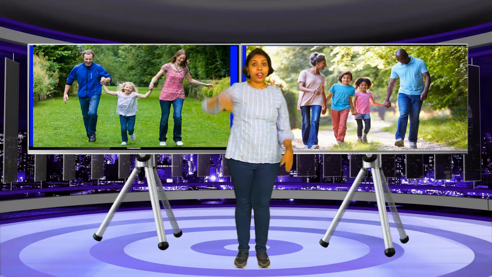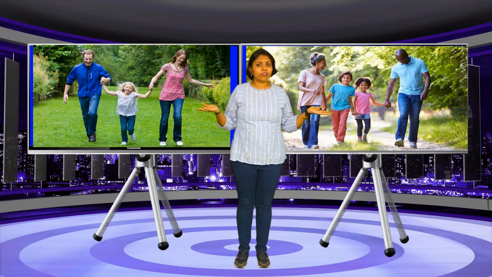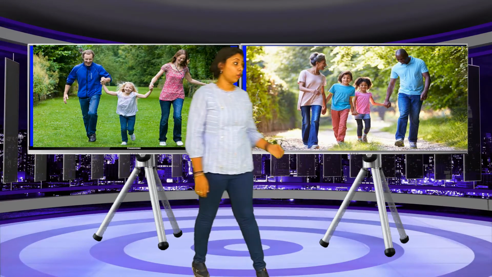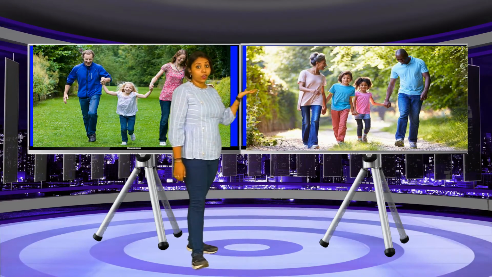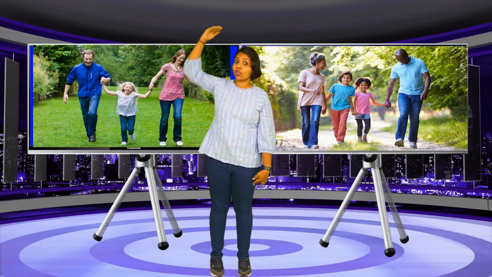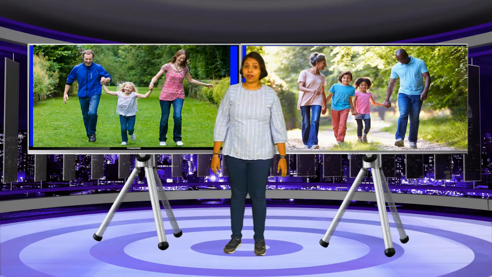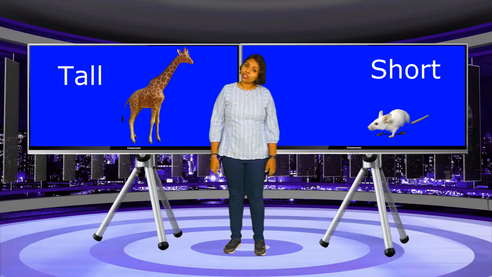Yes, tall and short. You must have seen while clicking a photograph or while walking, you are too small, है ना? आप सब बहुत छोटे लगते हो, and your parents, your grandparents, they are tall and you all are short, है ना? आप सब small लगते हो, आपके मम्मी पापा, आपके बड़े भैया दीदी सब क्या है? लंबे दिखते हैं. That is tall and short.